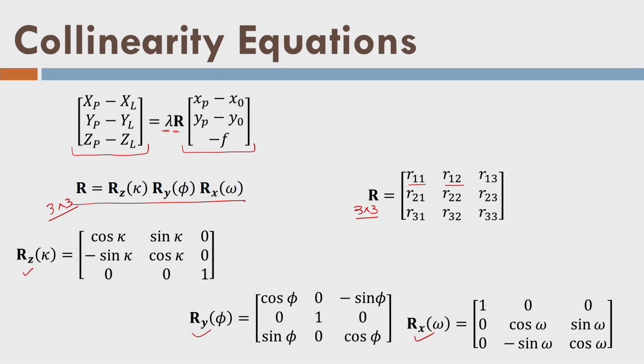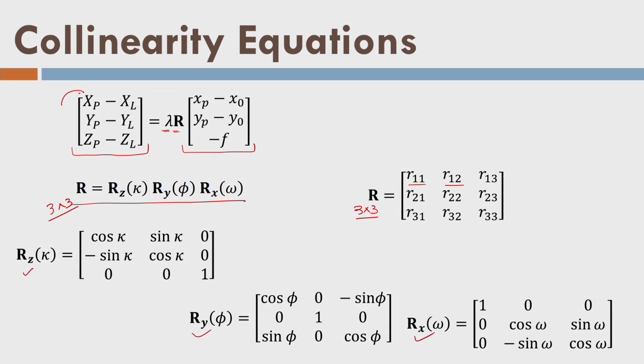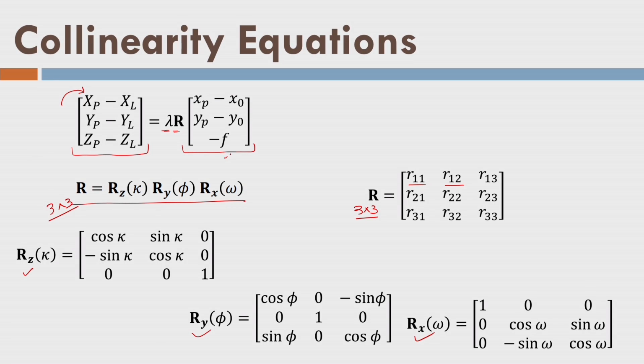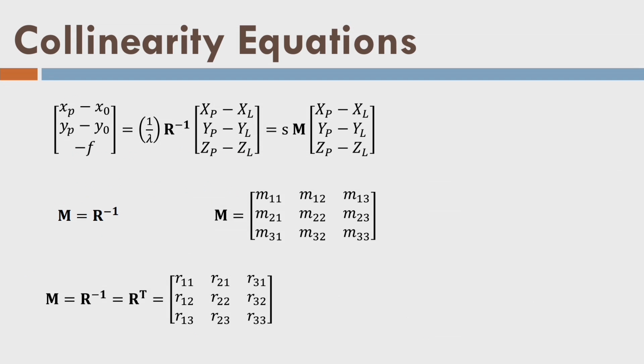So, we have now established collinearity equations, but there is a small problem here. In fact, we measure the image coordinates and not the ground coordinates. They are ground coordinates or the coordinates of point P or point L in the object coordinate system. I am interested to do measurement on the image. I will now express these coordinates as my output, as my derived coordinates. I will take an inverse, I will write 1 upon lambda here, I will take the R inverse matrix and I will write it in this form.